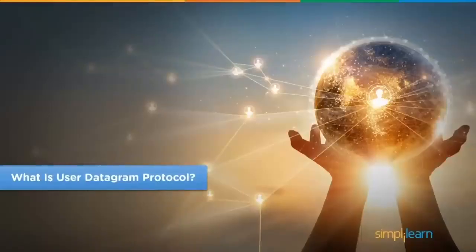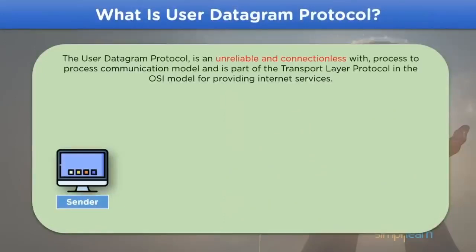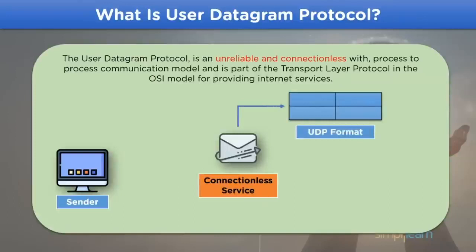What is User Datagram Protocol? The User Datagram Protocol, commonly known as UDP, is designed to be unreliable and connectionless in nature, which applies a process-to-process communication model for data exchange between devices and is active in the transport layer of the OSI model and is used to transfer